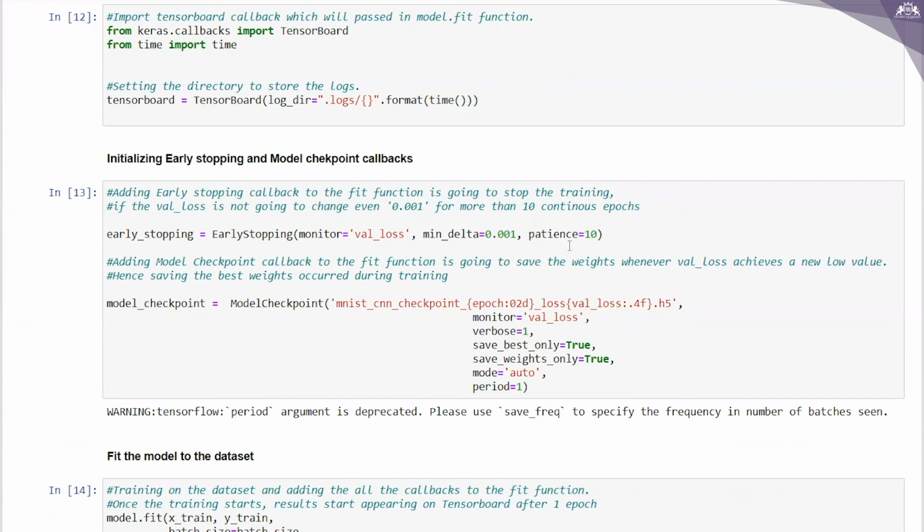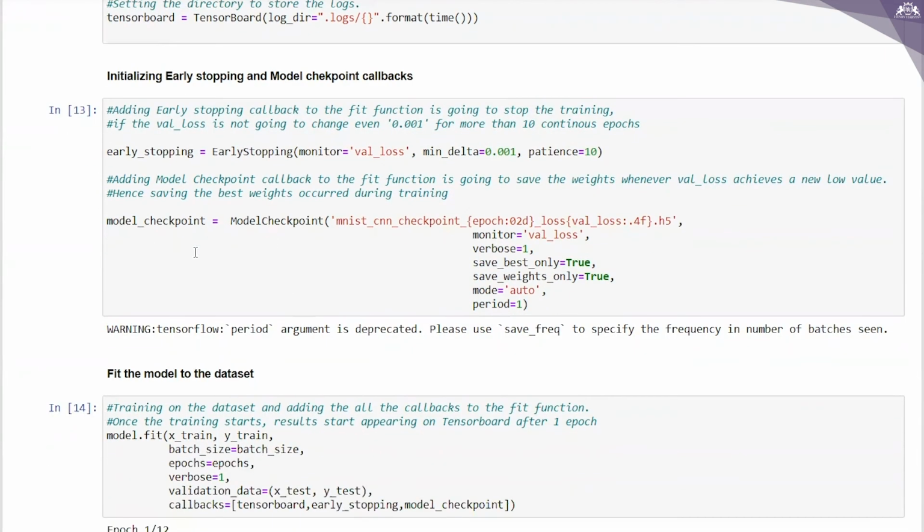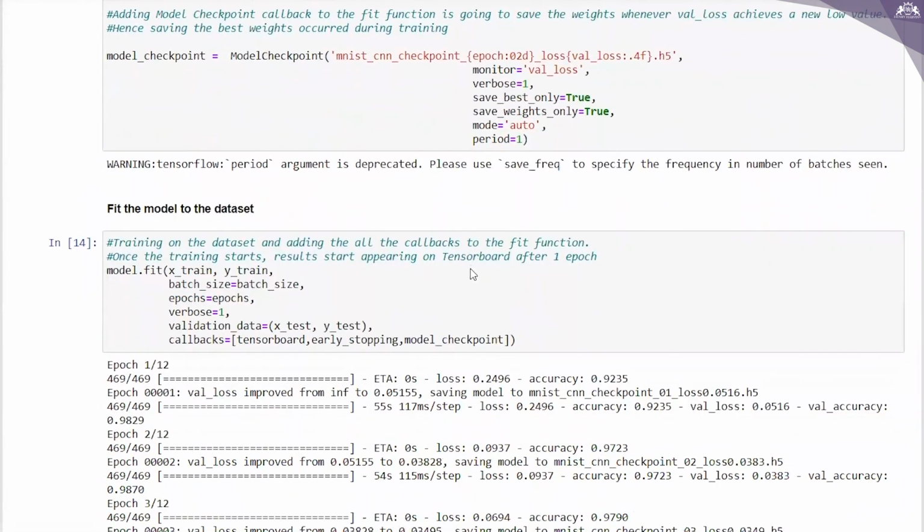So hence saving the best weights during the training. Then I'm writing the ModelCheckpoint, and here the checkpoint path, monitor is equal to val_loss, and then I'm mentioning the verbosity, and then save_best_only equal to True, and then save weights and all these cases, right?